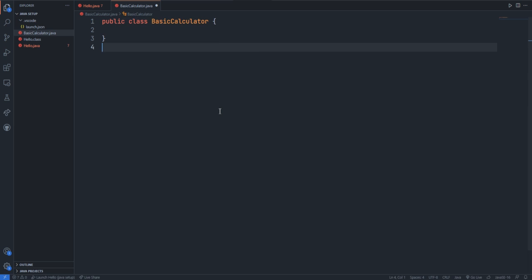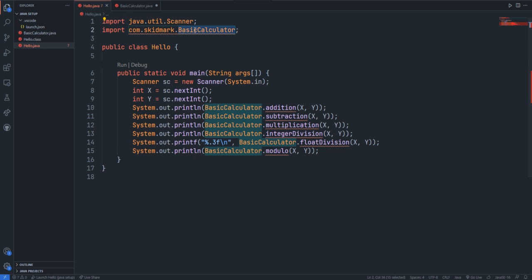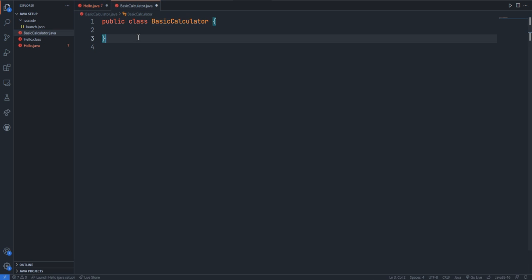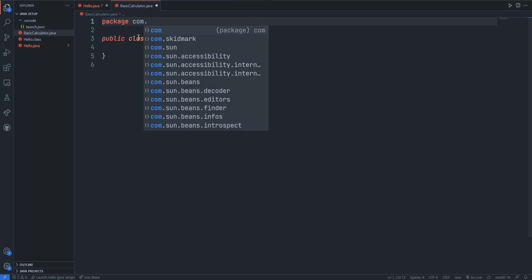This is because we just need a class name, the basic calculator. Check whether the spelling are correct, or we have to create a package with the command package com.skidmark,